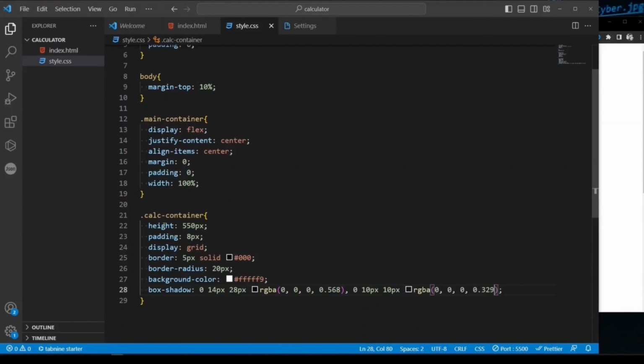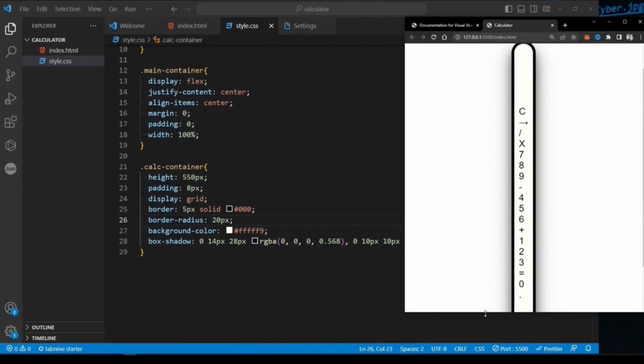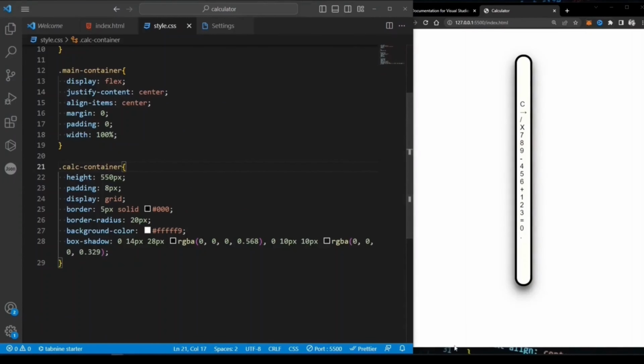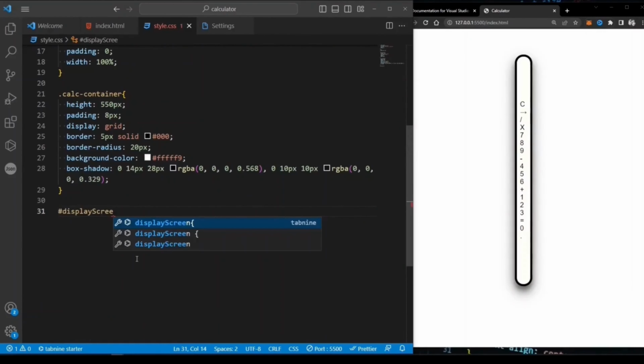You know what, let's open our browser and adjust the size so that I can see the preview of what I'm doing in real time. Yeah, that's better. Now let's grab our display screen. Our display screen only has an ID, no class name. To grab an ID, you just need to put a hashtag and then the ID name,